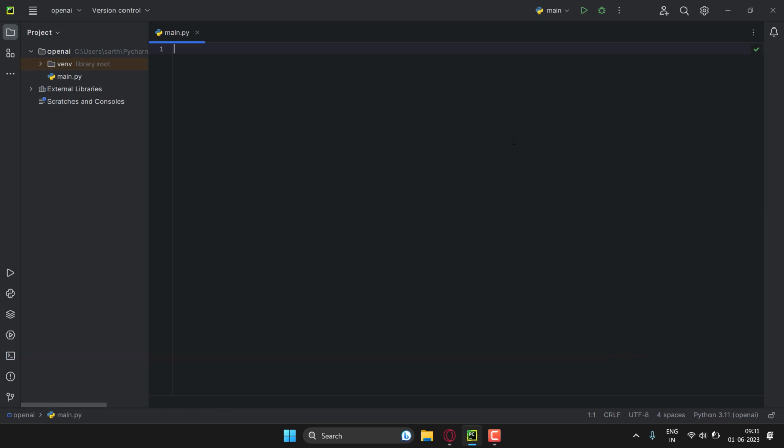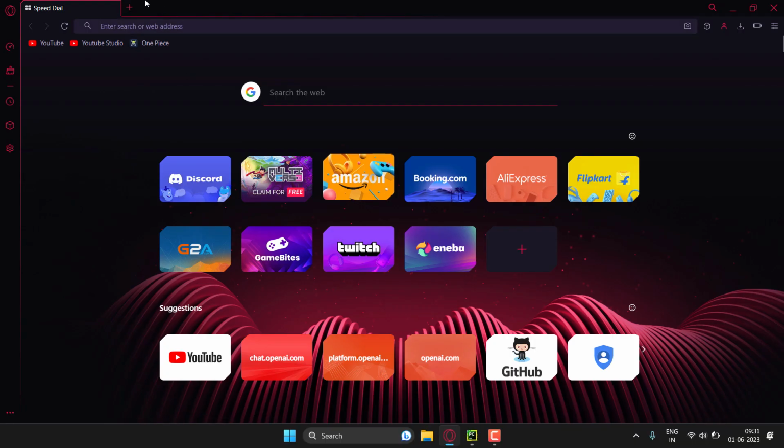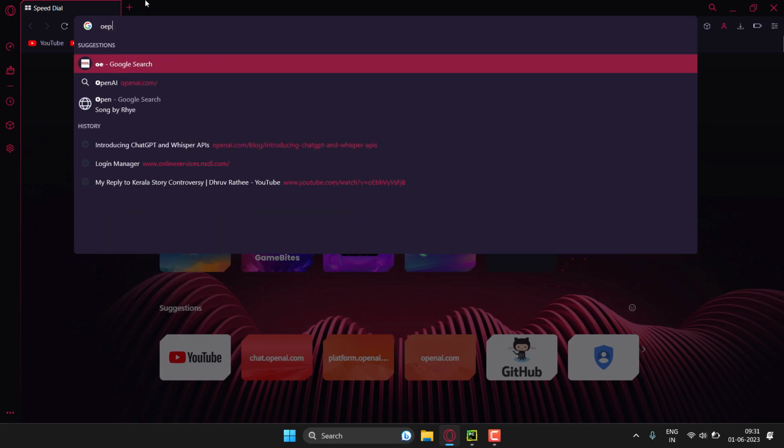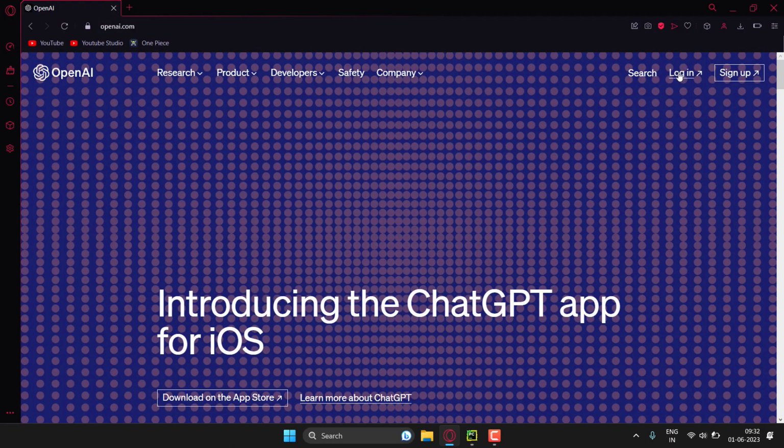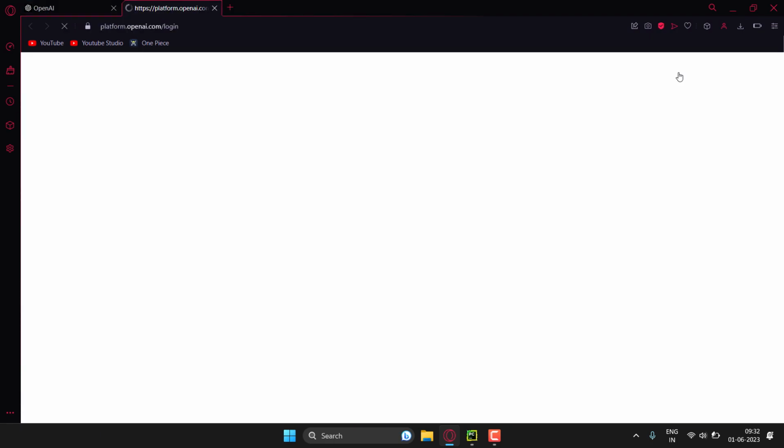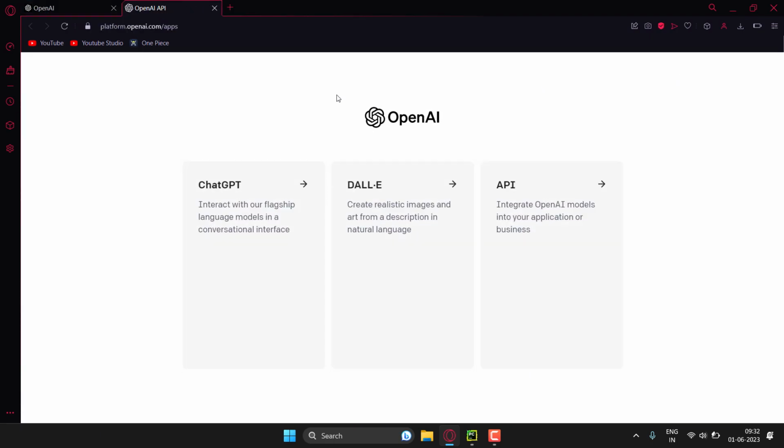After that, you have to go to your web browser and then go to openai.com. Then you have to log in. Since I have already logged in, it is redirecting me to this platform site. In your case, you have to log in, and also make sure you use a new account for this